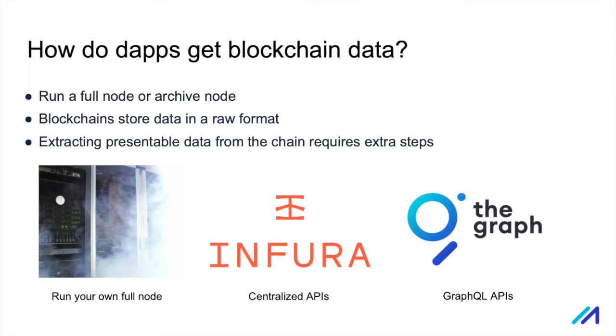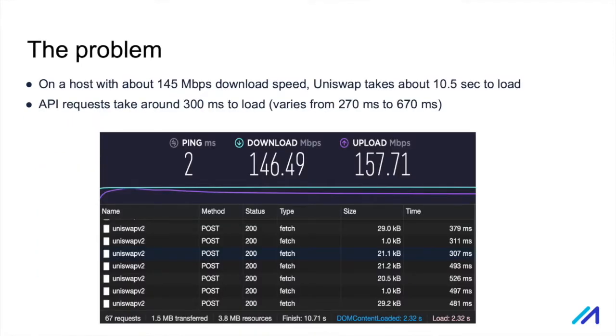In recent times, decentralized networks like the Graph are trying to make data extraction even easier for dApp developers by supporting custom indices tailored to each dApp. However, these services, centralized or decentralized, are still required to operate a full node. If that is the case, what exactly is the problem we are solving?